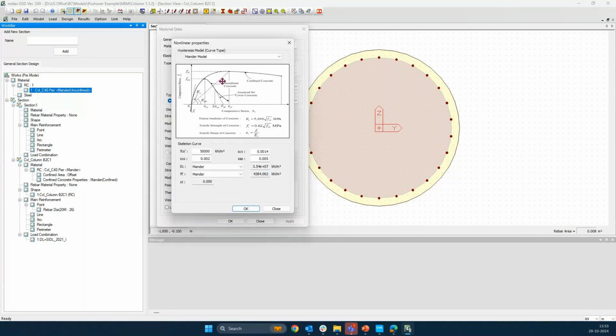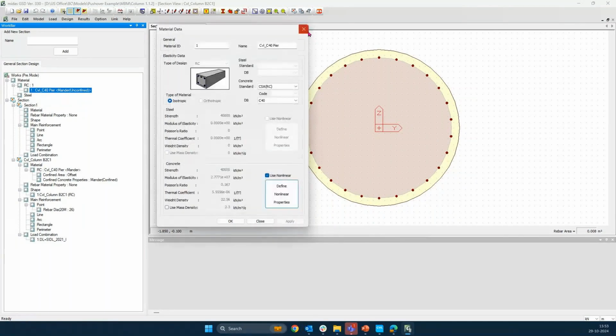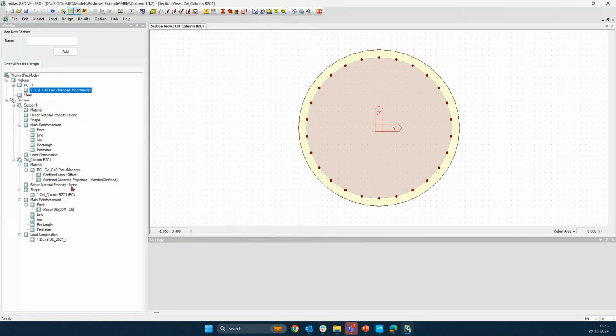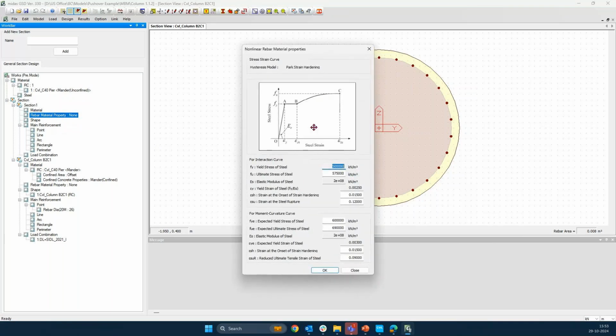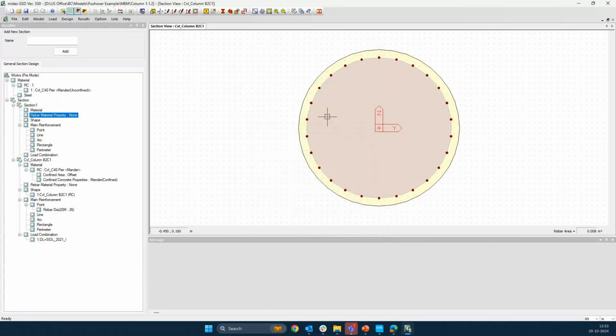I have also defined the nonlinear properties for my rebar in case of the Park strain hardening model, as shown here. All the expected strengths for the steel as well as the concrete were used for defining the moment curvature curve in this case. If I click on design for this particular section,